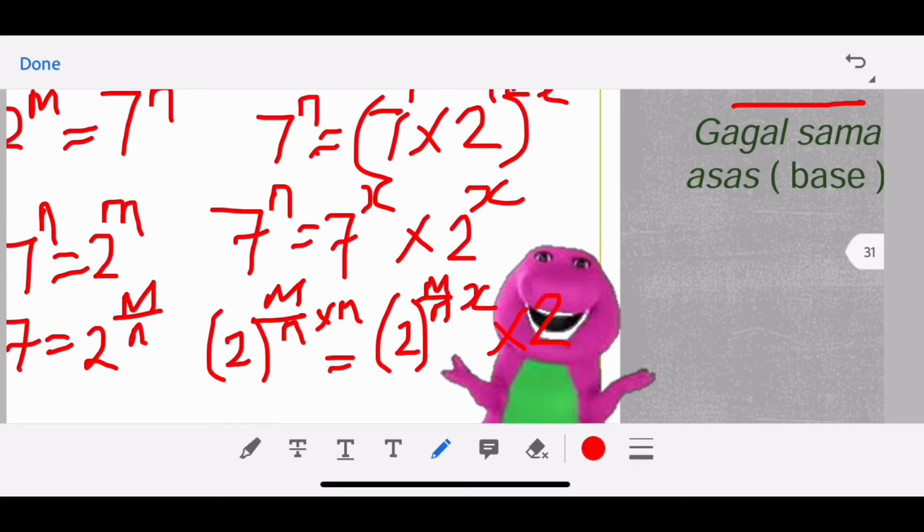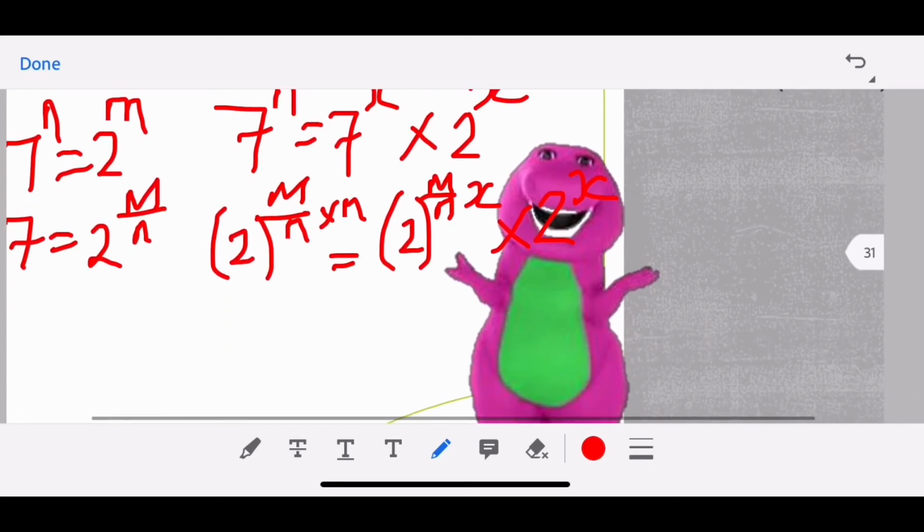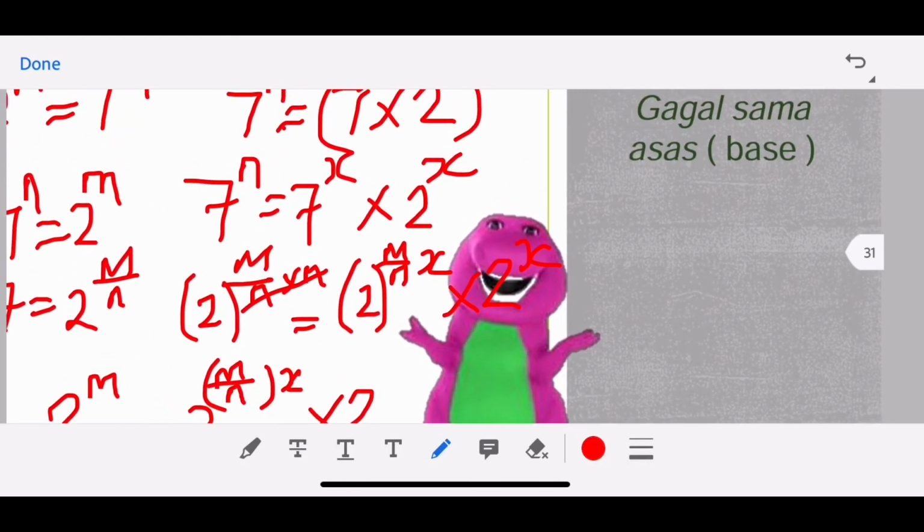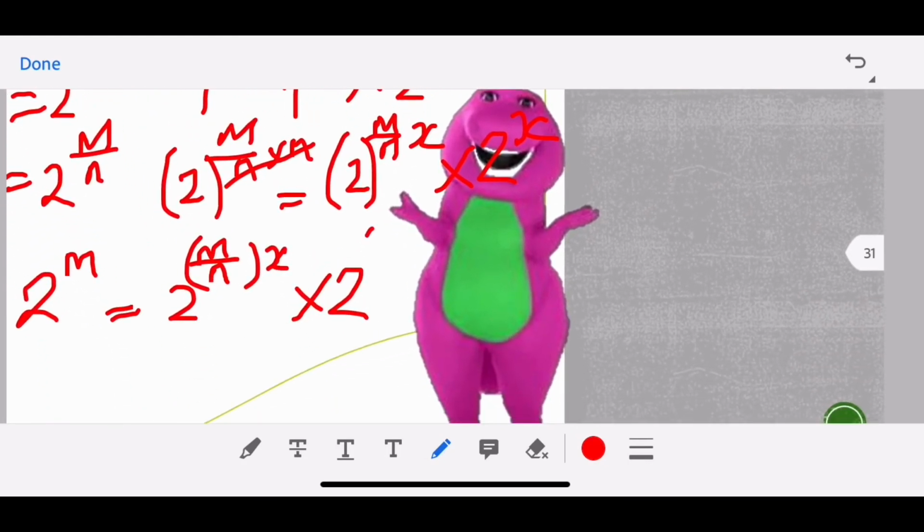And then you can actually plus the x if you want. It's times 2x, right? Okay, can you see that? It's 2 power x. So now because all have the same base, you can just cancel out, become 2m, and then m over nx, and then you can just plus, because it's multiplied with the same base. Okay, never mind, we just write times 2 to the power of x. Finally we will take the power m, equal to m over nx plus x, right?